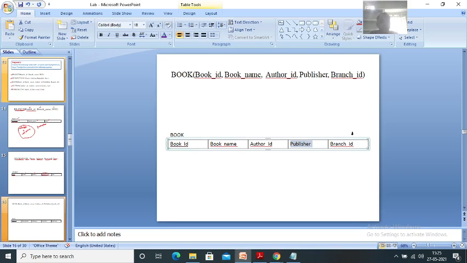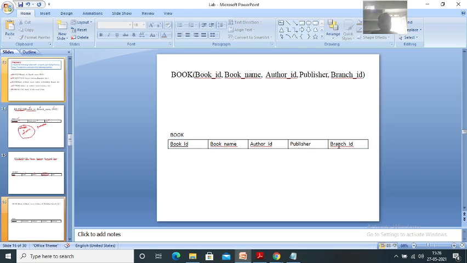Then every book will be brought for a particular branch. Now, a DBMS book belongs to the CS branch, and the CS branch's ID is given here. It's a book for which branch? So that ID will be there. So branch ID is a foreign key because branch ID is a primary key in the branch table.